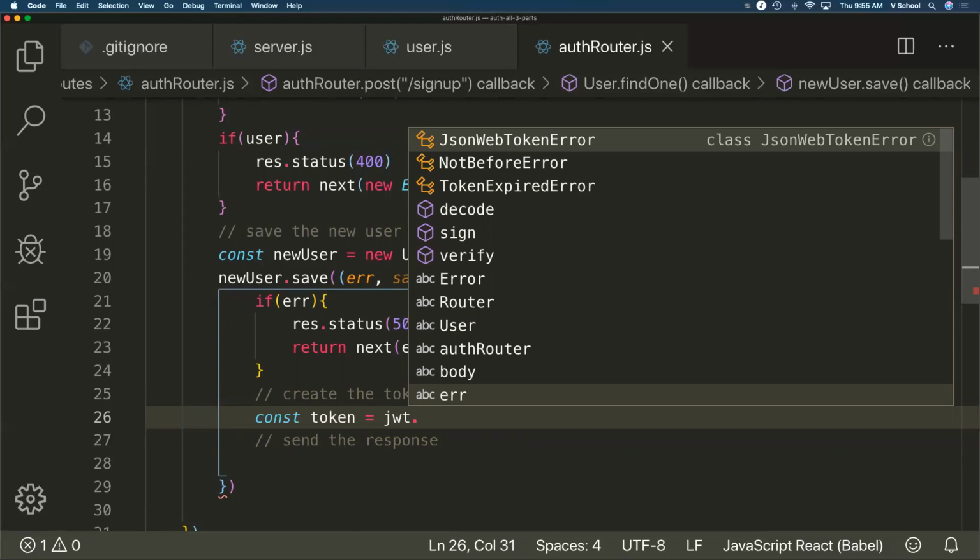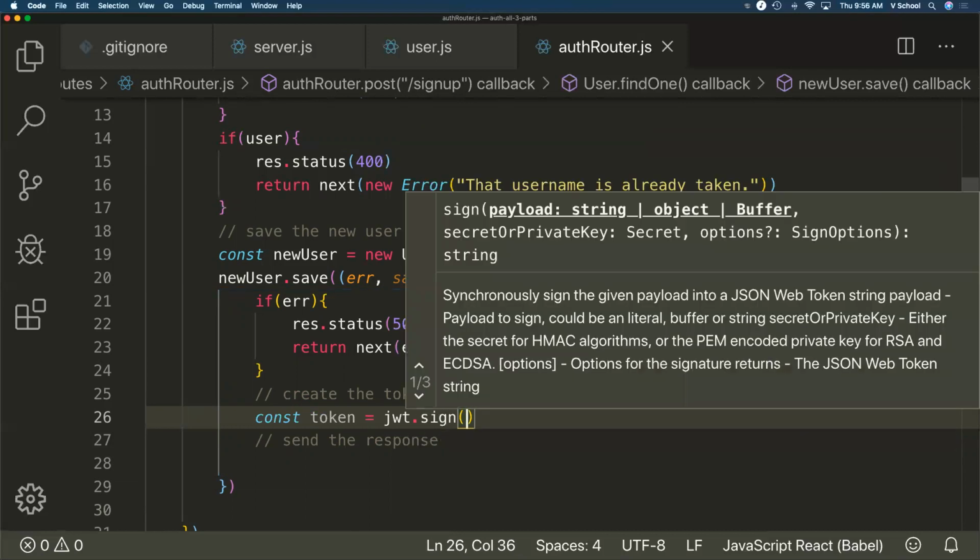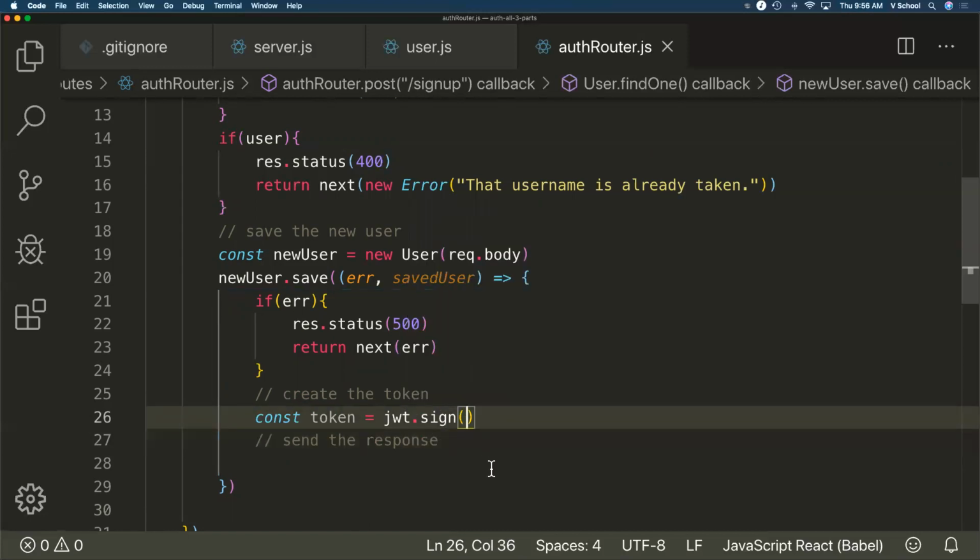I know, like a million questions today, making you think every step of the way. Sign. Sign the following token. It needs two arguments, and we can see it right here in this little snippet. Sign needs a payload, and it says object, but no, sorry, sign needs a payload, and then it needs a secret or private key. So our payload is the user, save user,